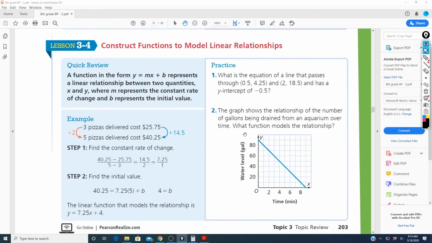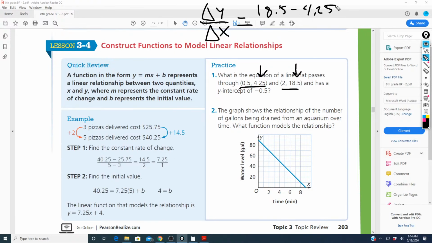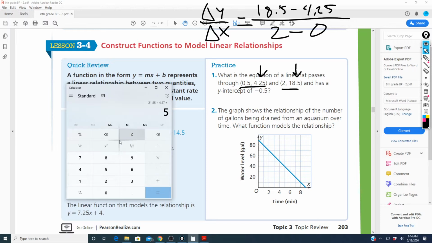So if we talk about constructing functions now to model linear relationships, it says, what's the equation of a line that passes through? And we kind of just did this up top. So if I take these two data points right here, here's our y. If I take my change in y over my change in x, I can take 18.5 minus 4.25, and I put this over 2 minus 0. So if I were to get my little fancy calculator right here, and I take 18.5 and subtract 4.25, it's going to give me 14.25. So 14.25 over 2, divide that by 2, it's going to give me 7.125, which